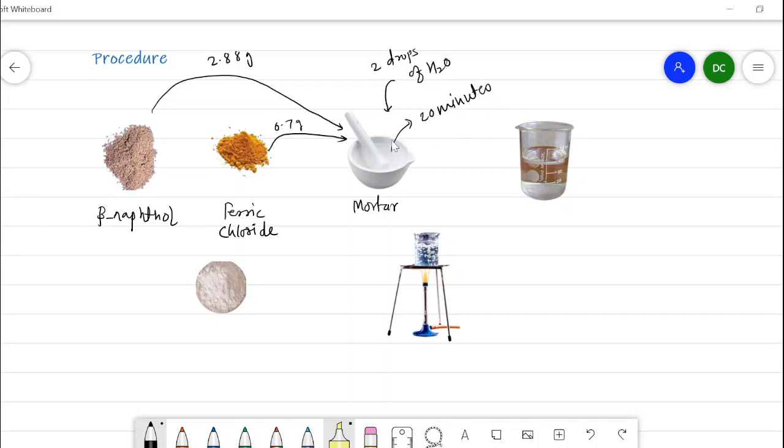After 20 minutes, the content in the mortar and pestle is kept standing for about 2 hours, and within this 2 hours, in between, we have to grind this mixture, and then it is kept as it is. After 2 hours, the content in the mortar and pestle is transferred to the beaker containing 40 ml water. There is 40 ml water in the beaker. Then this content is transferred here, and this beaker is boiled for 10 to 15 minutes.